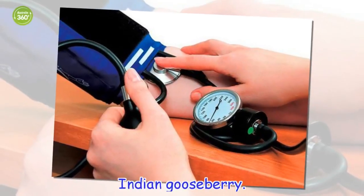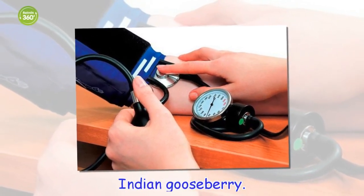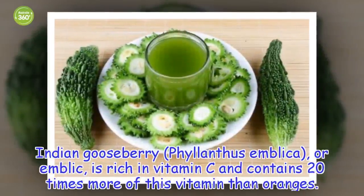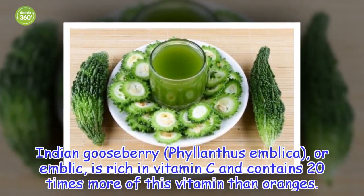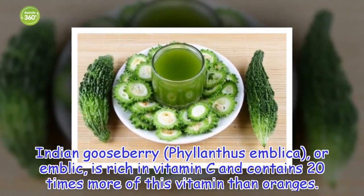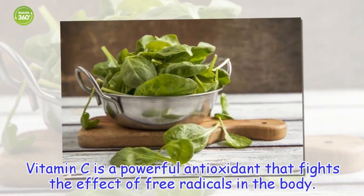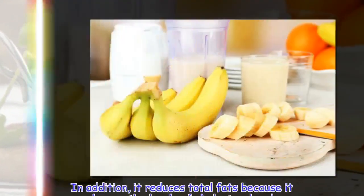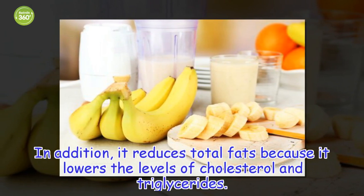Indian gooseberry. Indian gooseberry, Phyllanthus emblica, or amla, is rich in vitamin C and contains 20 times more of this vitamin than oranges. Vitamin C is a powerful antioxidant that fights the effect of free radicals in the body. In addition, it reduces the risk of heart disease because it lowers the levels of cholesterol and